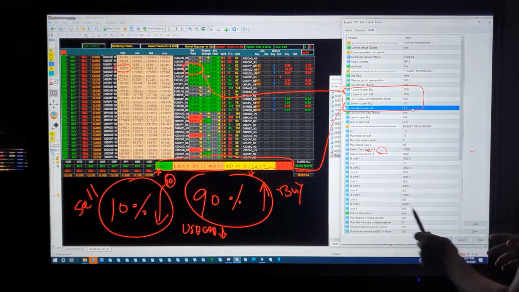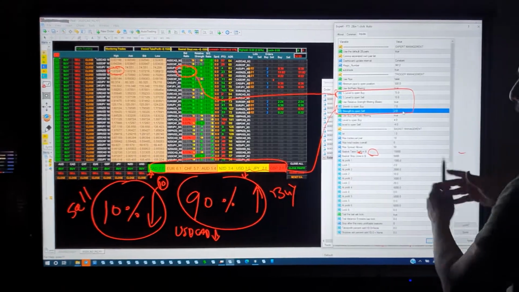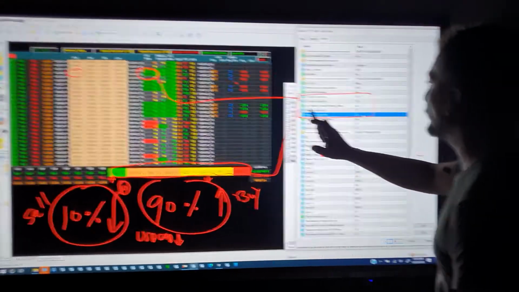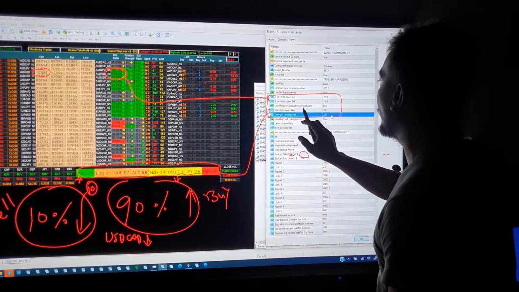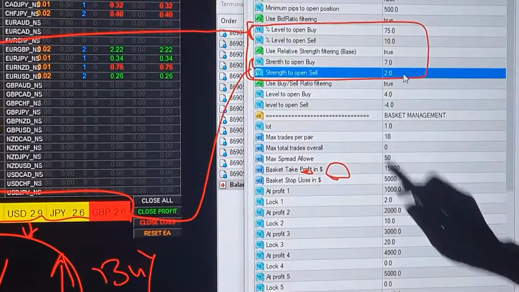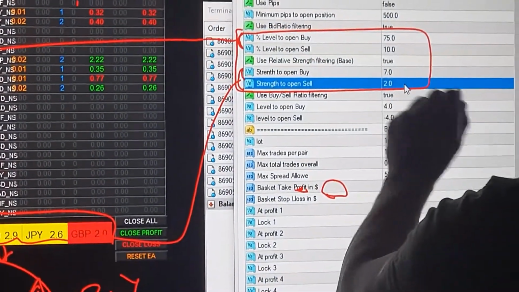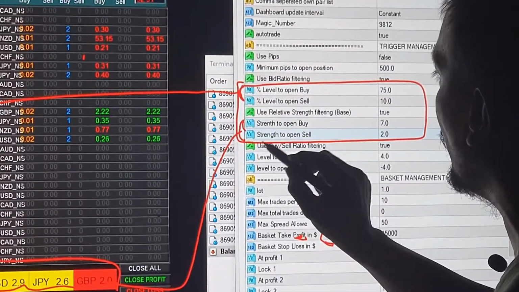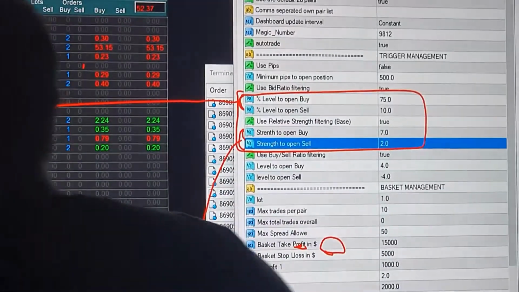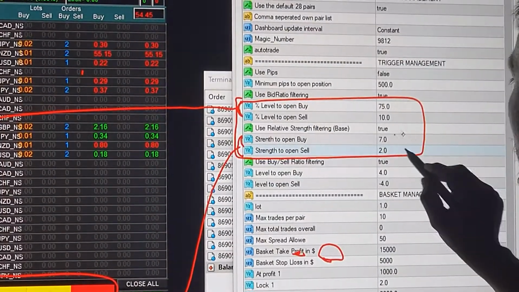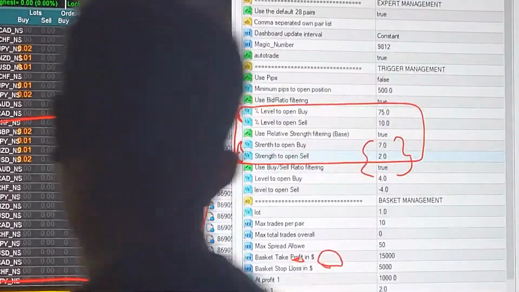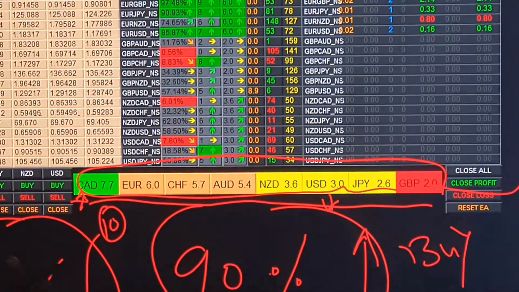Okay, as we are watching the trades, we just want to show you that there is a strength to open buy and there is a strength to open sell. This actually works on the currency strength meter here. Let me show you.